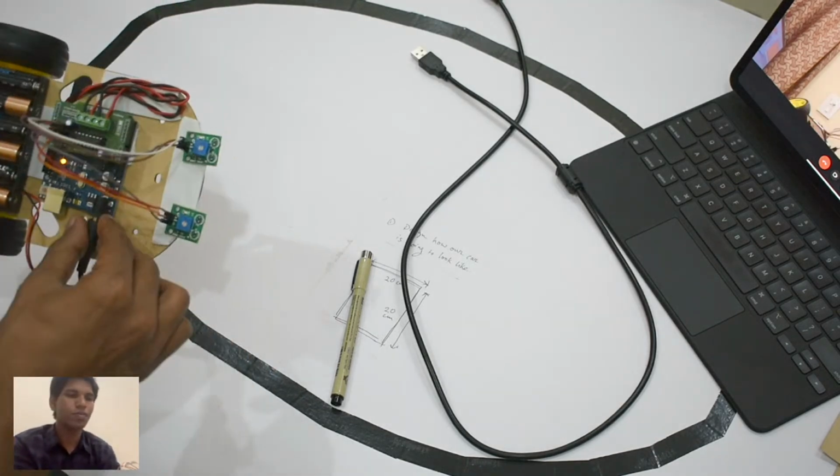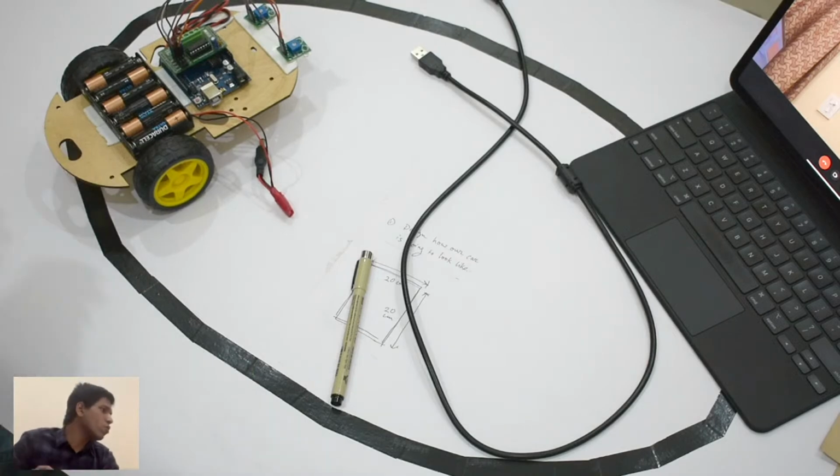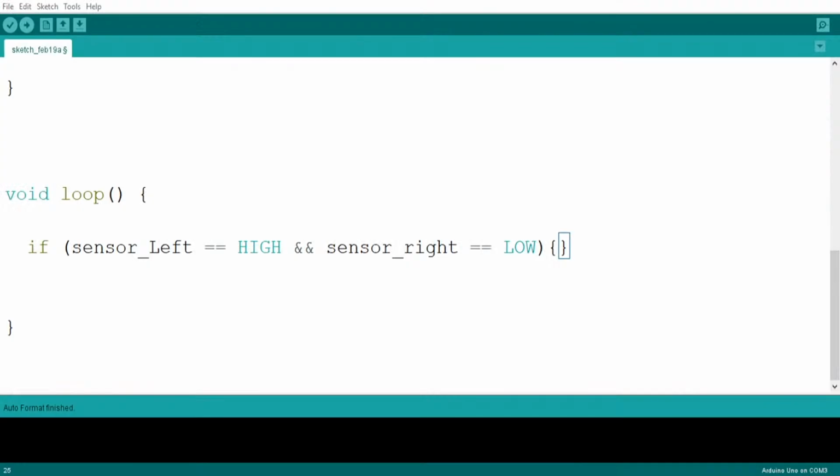Okay? So that's what we are going to do in our code. We are going to say if left is on and right is off, then we are going to define a turn right function. Sorry, turn right, so right sensor is off. So I'm going to define a turn right function and call this function here. Okay? And else if